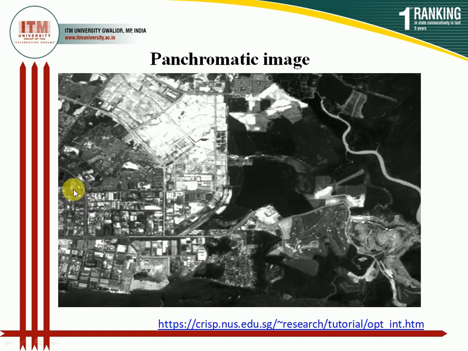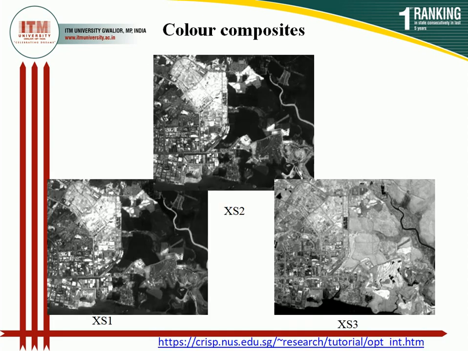So here you can see that there are different shades of gray. Okay, and each particular shade represents different types of features on the earth. Like here you can see, this lighter shade represents the water body present over here, the darker shades represent the vegetation which is present in the different areas, like that. So each particular object reflects a particular shade, and that only varies in the shades of black and white.